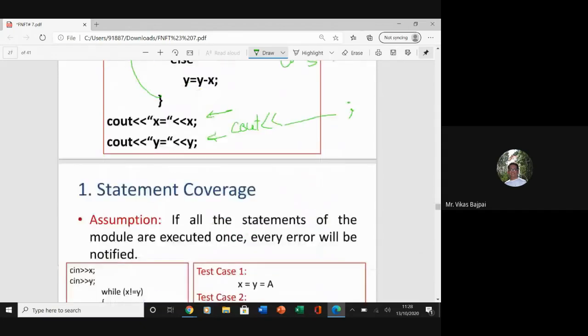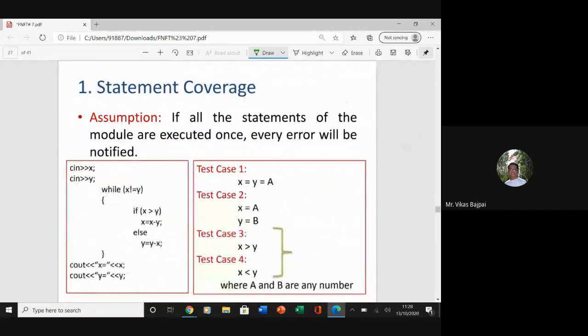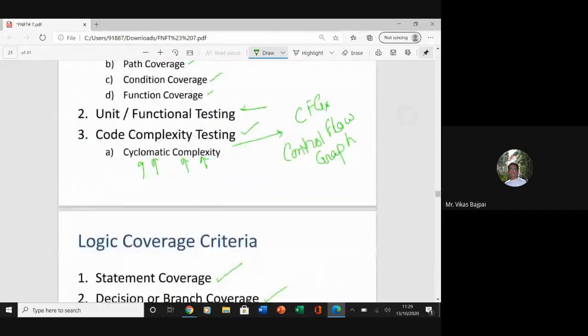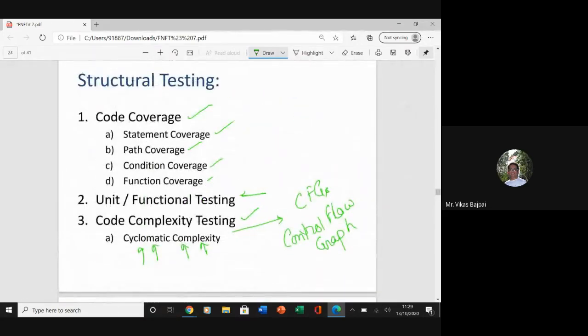Now, let's talk about the statement coverage. If you go back to the previous slides, we were talking about code coverage, where we are going to go ahead with statement coverage. So when we talk about code coverage, the title itself gives you an idea that I'm going to cover the code.